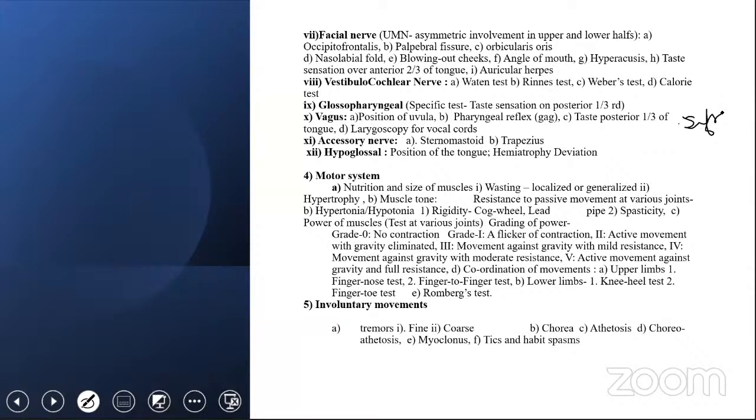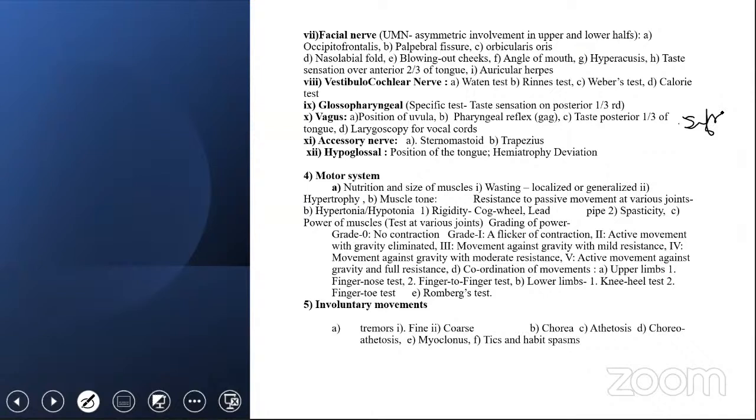Whether you notice the resting is localized or generalized in nature, hypertrophy is there. The muscle tone, resistance to passive movement at various joints, hypertonia or hypotonia. If it is hypertonia, then again you comment whether it is rigidity, cogwheel, and lead pipe, or spasticity. Then power of the muscles you test at various joints, and you grade the power as 0, no